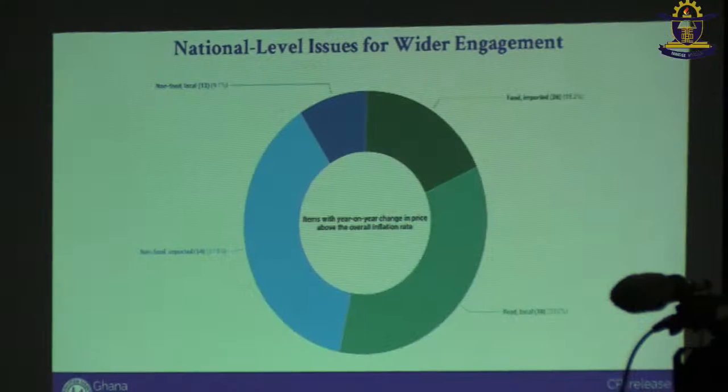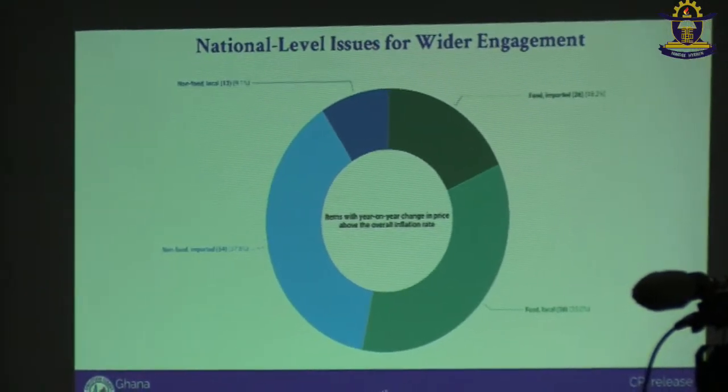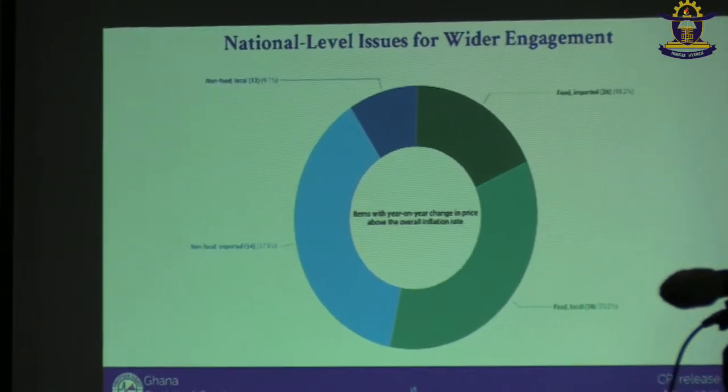We end today's release with issues for wider engagement for policy consideration: items that recorded a rate of inflation higher than 42.2%. That is, across the 307 items in the basket, 143 of them recorded changes in prices higher than 42.2%. These 143 items were predominantly non-food imported items, which was 54 out of the 143 items, constituting 37.8%, followed